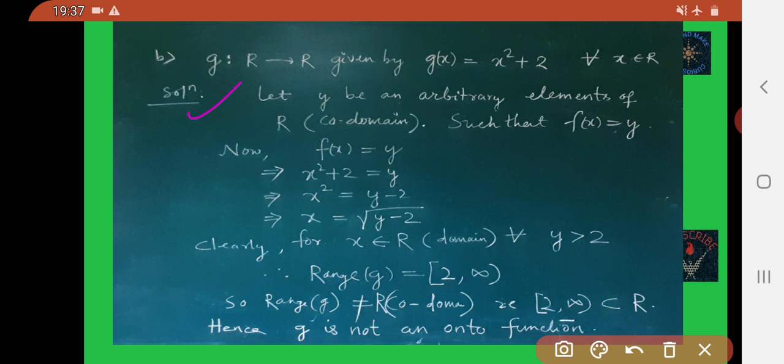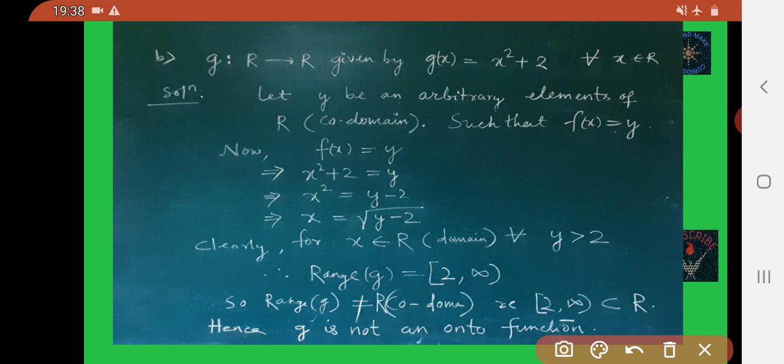Now the first step is to choose an arbitrary element of the set R, the codomain. So you choose an element of R, that is y. So let y be an arbitrary element of set R, the codomain, such that f of x is equal to y.